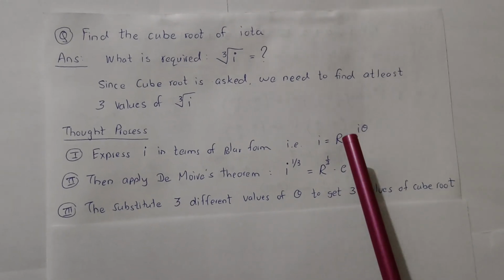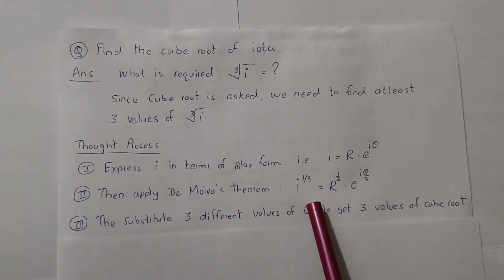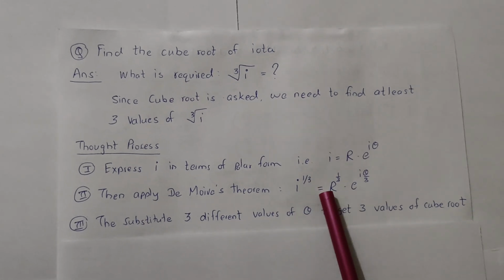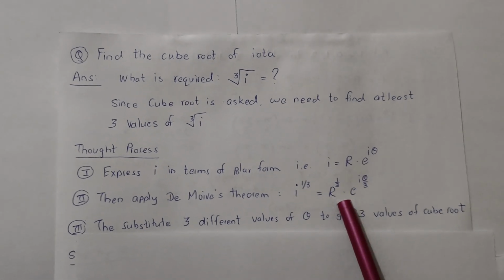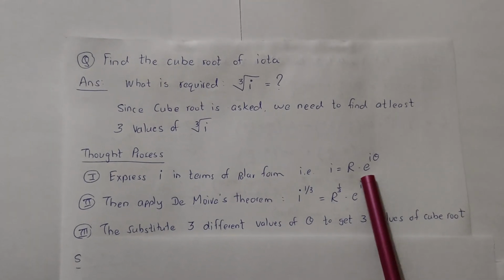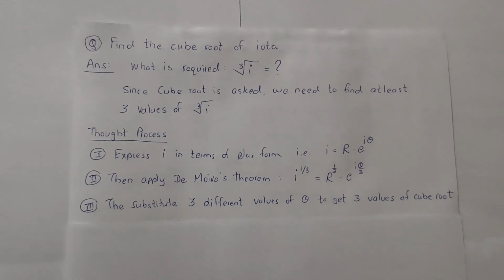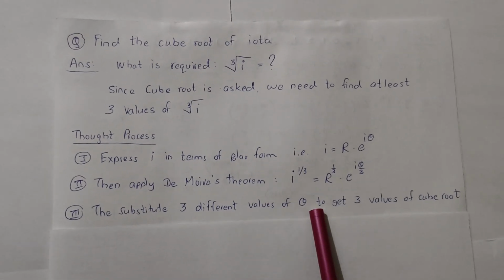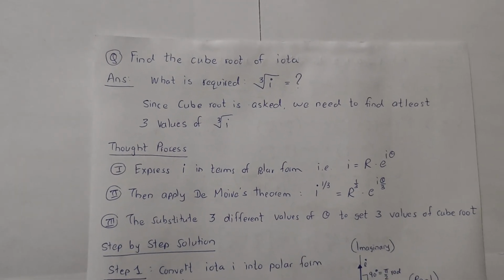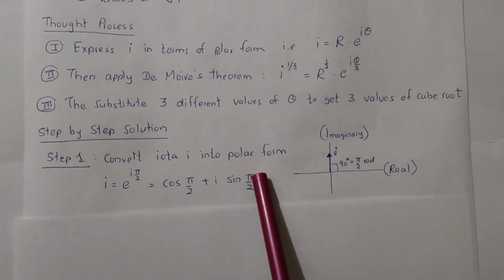Now why polar form? So that in the next step we can apply de Moivre's theorem, which says that i to the power 1 by n is nothing but r to the power 1 by n into e raised to i times the angle, that is theta by n, and in this case n will be 3. And then we substitute three distinct values of k to get three different values of the cube root. So, step-by-step solution. The first step is we convert the iota into polar format,